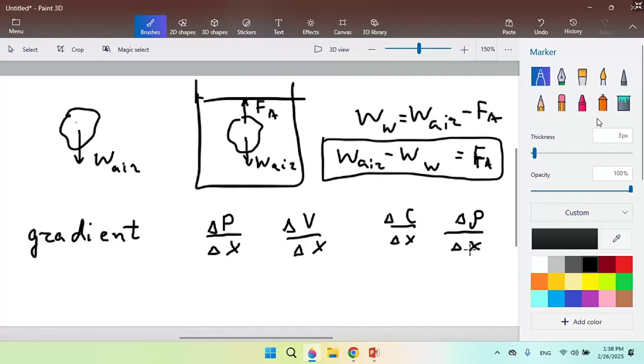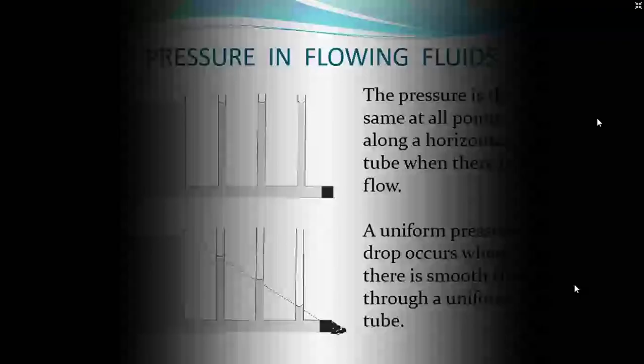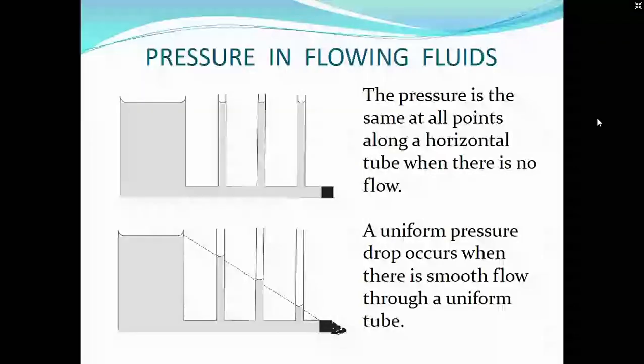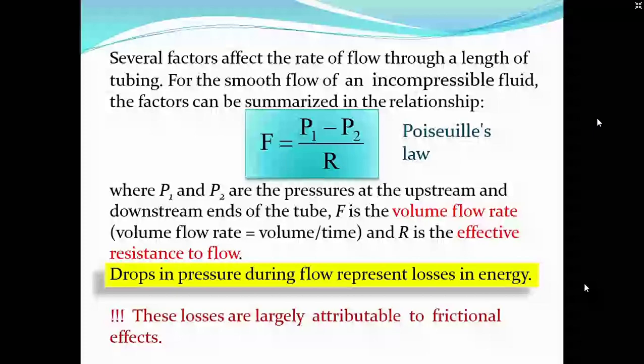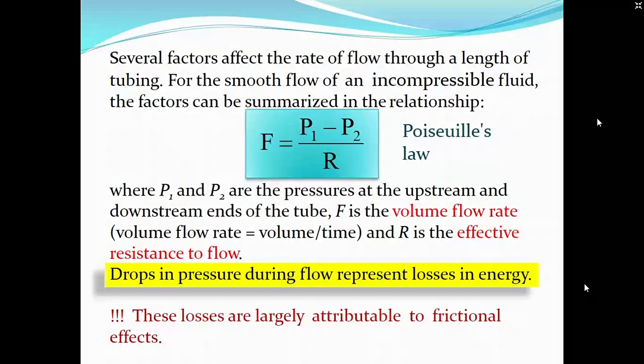Why are we introducing this term gradient? Because we want to study fluid flow, especially flow through tubes. And we study this to explain circulation next time, since blood flows through vessels which resemble or are modeled by tubes. There is a law which is called Poiseuille's law,